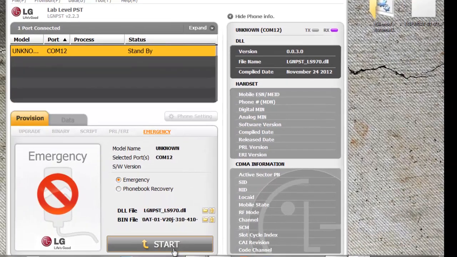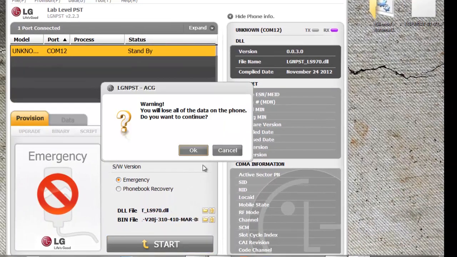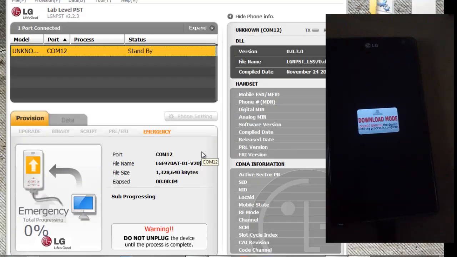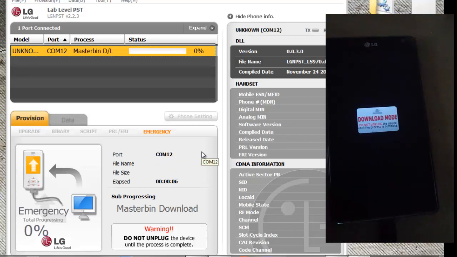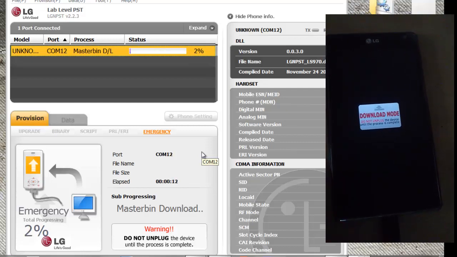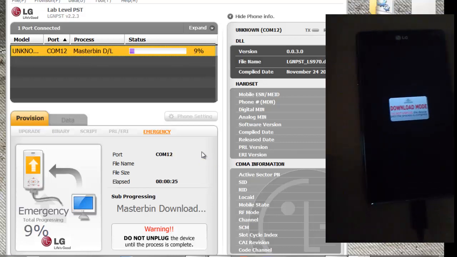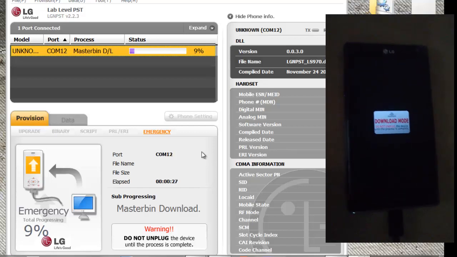Now click on start. It will erase your data on the phone, so press OK to start flashing the phone. Now this will take a minute or two. The flashing will be done between 67% and 85%.